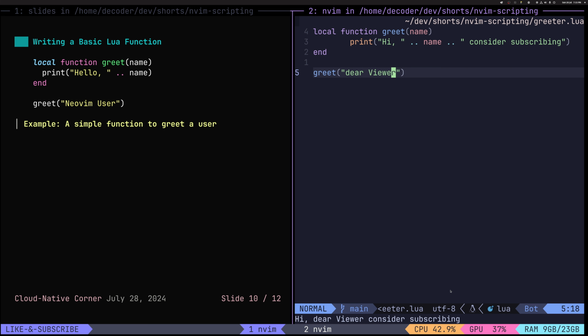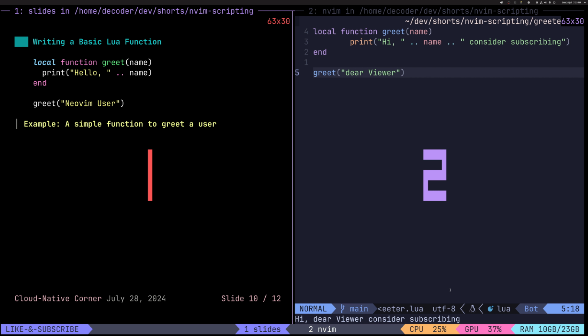So that's how Lua functions work. Again, it's just a language like any other. It has its own syntax, it has its own keywords, and its own way of referencing and calling functions. But I find Lua to be quite easy and nice to work with. So that's our first function. We just created it, we ran it, everything is great. Now,